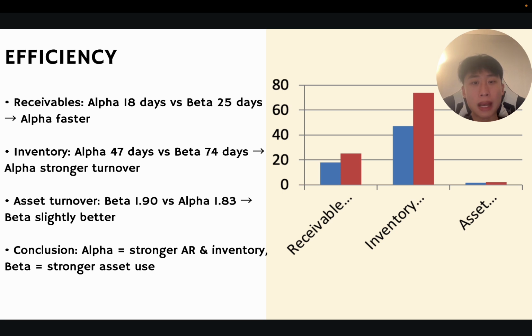Our efficiency metrics tell a nuanced story. Alpha is clearly more efficient in its operations, converting its receivables to cash 7 days faster and turning over its inventory much more quickly than Beta. However, Beta fights back with a stronger asset turnover ratio. This tells us that while Alpha manages